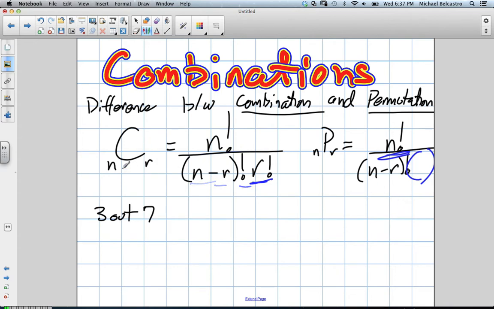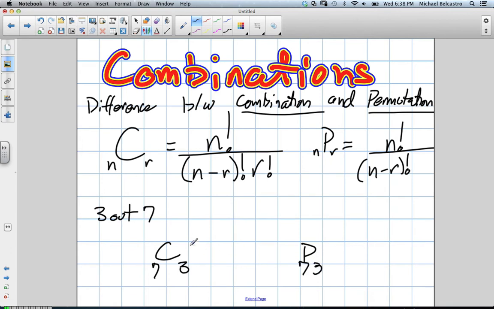Okay, so first off, n represents which of the terms, the 3 or the 7? 7. Okay, so in other words, this says a combination of 7, and our r represents 3. Is that the same for permutation? Yes. Okay, good. So we got that. And then n factorial. Well, since n is our 7, we have 7 factorial over 7 subtract 3 factorial times 7 factorial. In our permutation, we have 7 factorial divided by